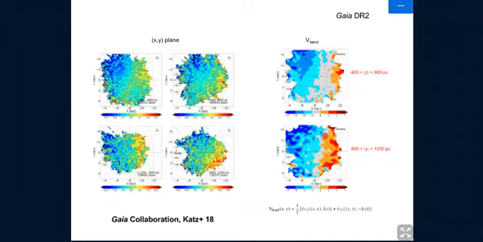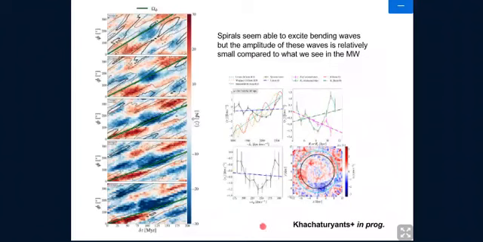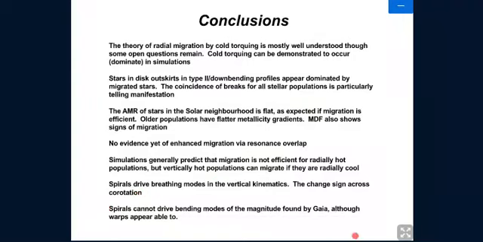Besides that, however, there is not just breathing velocity, there's also bending velocities, and that's where instead of having a minus sign in between here, now you have a plus sign. This means that everything is moving upwards or everything is moving downwards there. Spirals don't cause very strong examples of that. They do cause them, but not of sufficient amplitude to be comparable with the Milky Way. We have a paper in preparation on that. That should be out later. And I think I will stop here. I'll put up my conclusions. I think I've probably run out of time, so I'll just